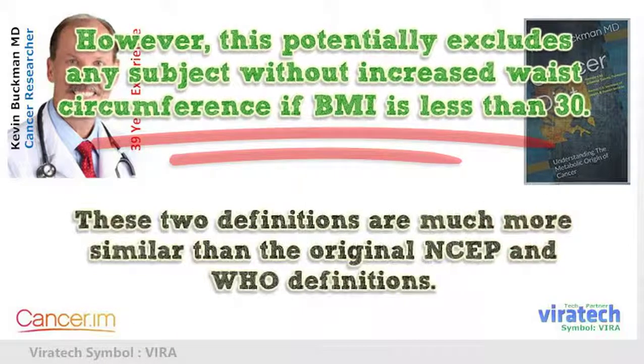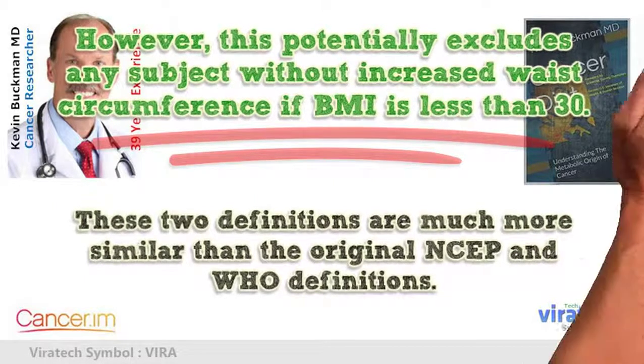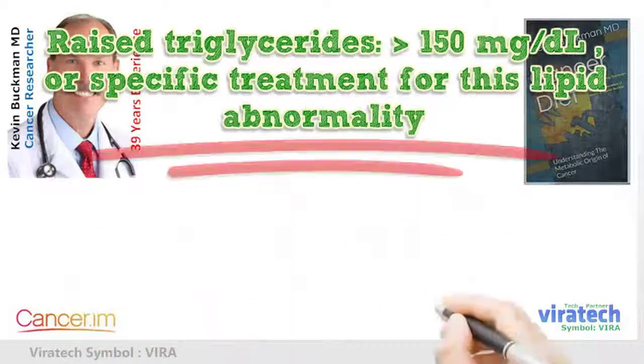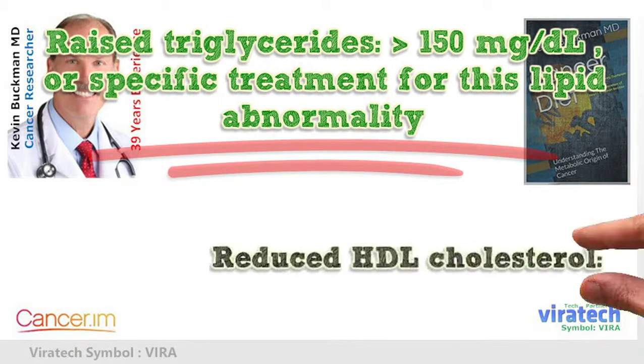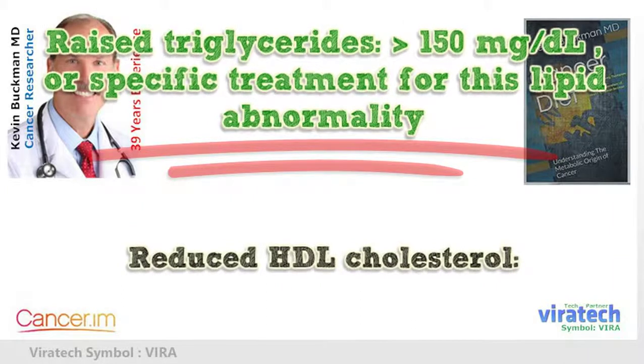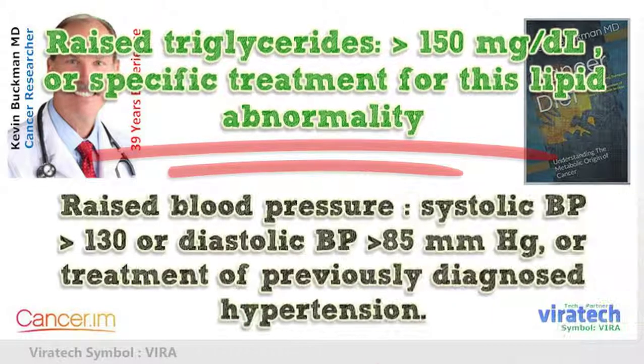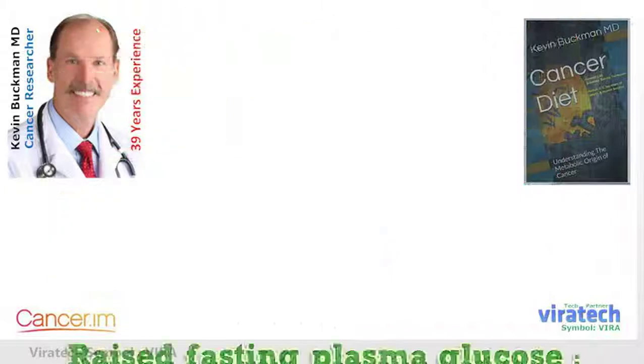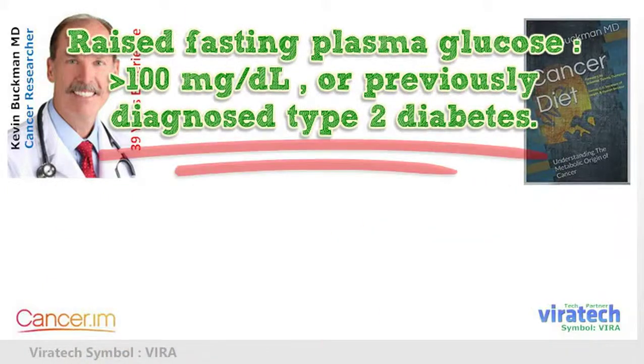These two definitions are much more similar than the original NCEP and WHO definitions. Raised triglycerides, greater than 150 mg/dl, or specific treatment for this lipid abnormality; reduced HDL cholesterol; raised blood pressure, systolic BP greater than 130 or diastolic BP greater than 85 mmHg, or treatment of previously diagnosed hypertension. Raised fasting plasma glucose, greater than 100